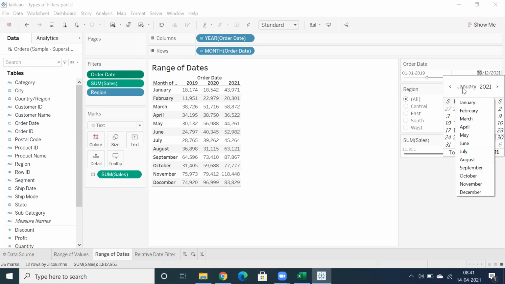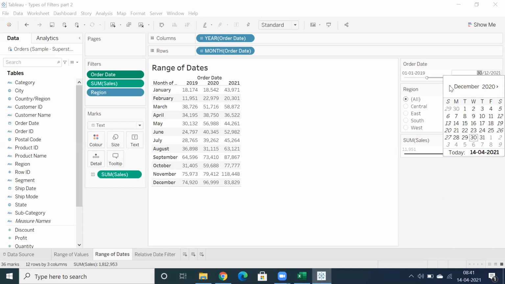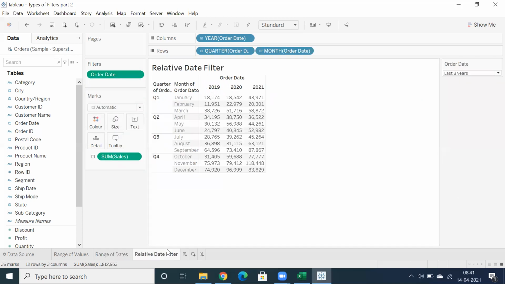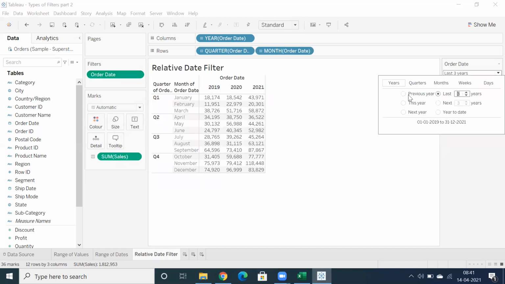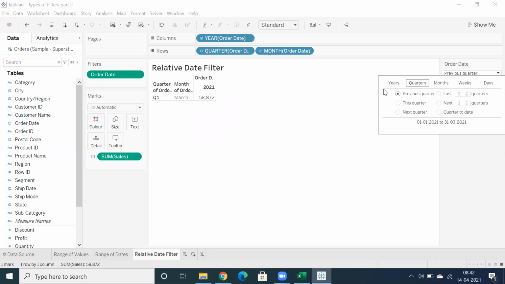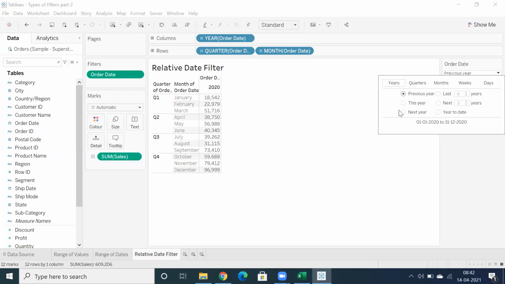You can see I'm able to display 2019 and 2020. But in the relative date filter, that option is not possible. However, if you want to display the last 6 months of sales, or the current month or previous month, that is the flexibility of the relative date filter.